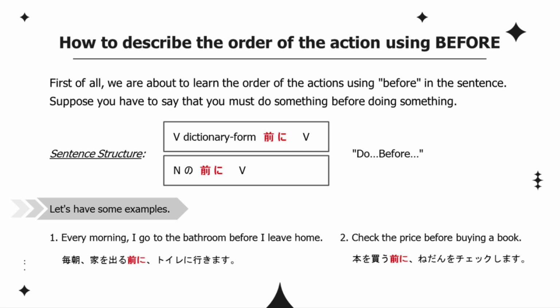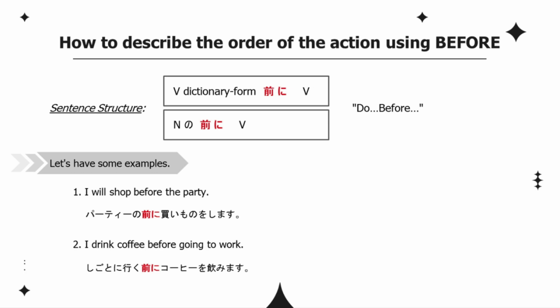The sentence's tense is determined by the tense of the final verb. Let's try to create more sentences in your notebook. I will shop before the party. パーティーの前に買い物をします。